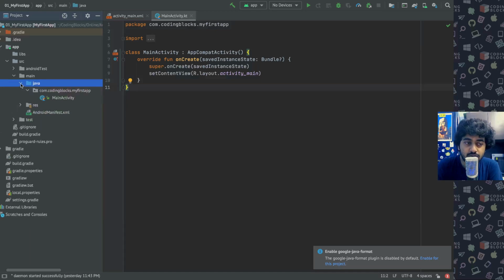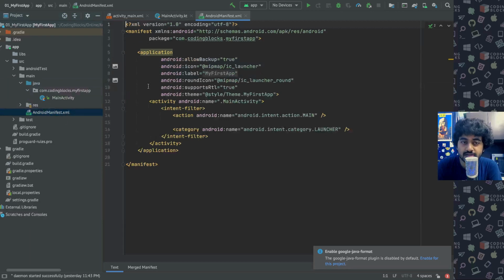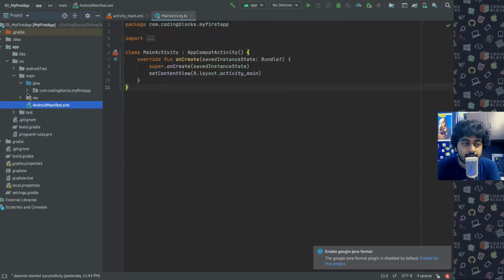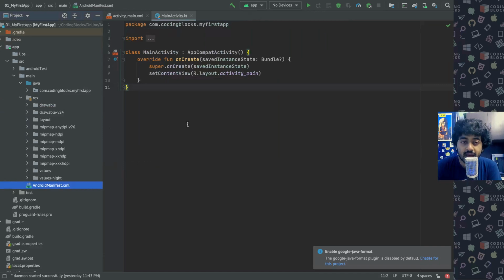Java is where your Java or Kotlin files go, and there is an AndroidManifest, which is an XML file which defines the basic information about your app, which is the name of your app, what the icon is going to be, whether it has a round icon or a square icon, the theme of your app, and so on. We will delve into the Android manifest in more detail as we progress through the course. In many sections you will see what different things we need to write inside our AndroidManifest.xml file. Right now I have not written anything extra into this project. This is just default generated.